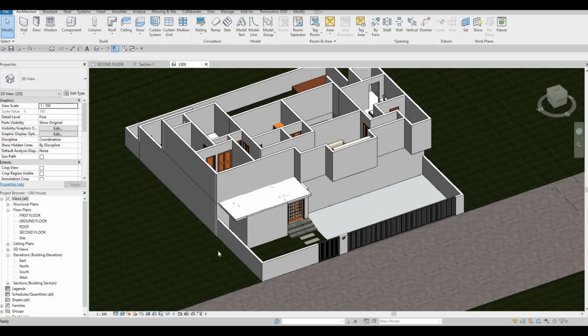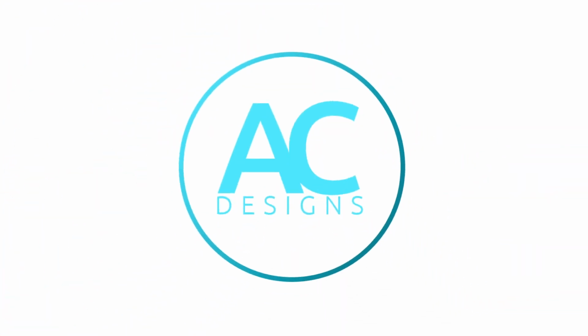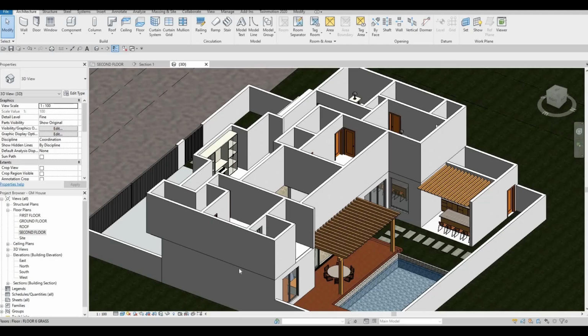In today's video, we're gonna continue working on part 14 of this house build. Let's get started. So in the previous video, we were able to finalize the second floor. Now we're gonna continue working on this. I want to add